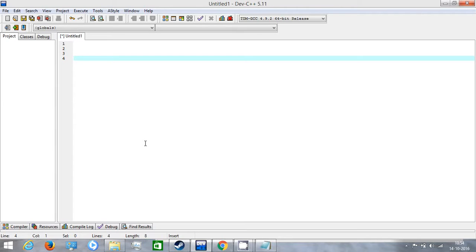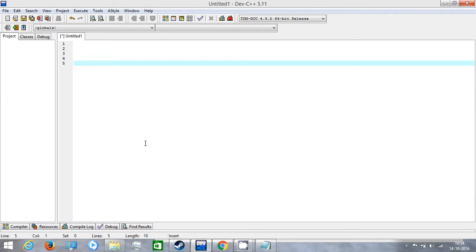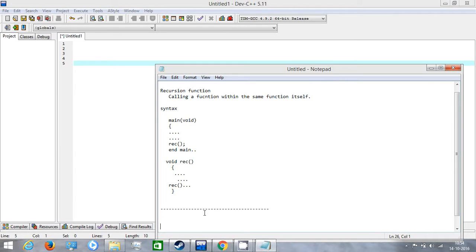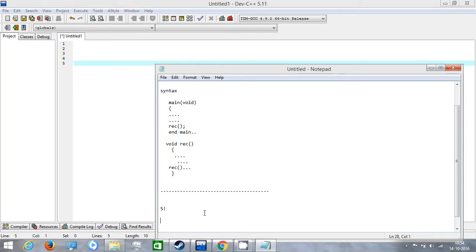For example, if you want to find 5 factorial, we'll use the notepad. How will you do this program with the help of recursion? First, we should know the concept of factorial, how to find the factorial. N factorial, for example, where n is a variable according to the user. What is the exact concept of factorial? It means n into